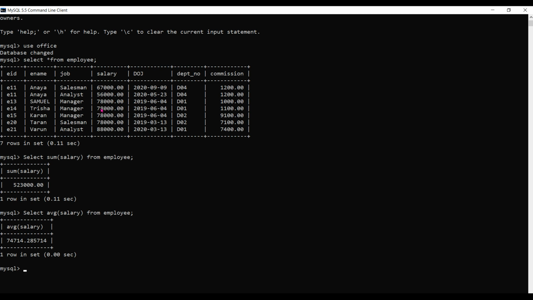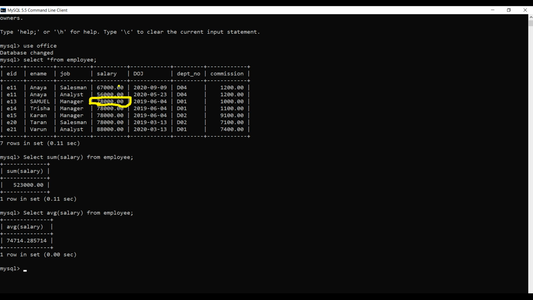Suppose there is a null value for this particular salary. Null value means maybe the salary is not decided yet. Suppose this is the null value. Then what could be the result?